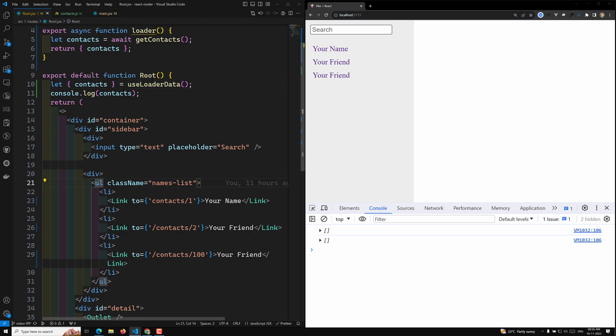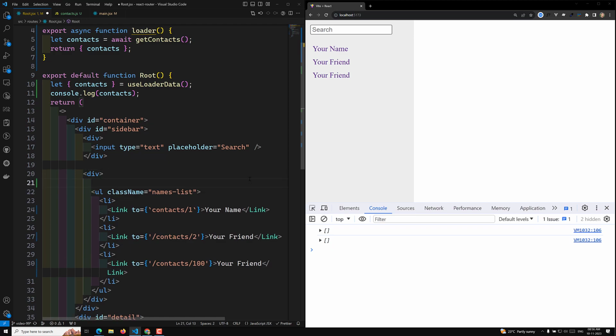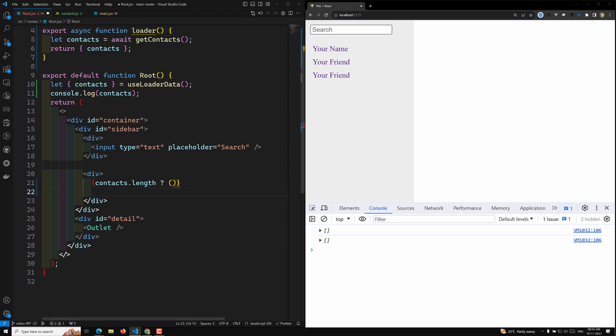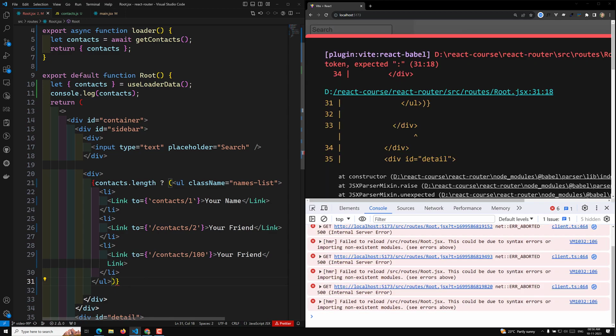So whatever contacts we are getting from here, I need to loop over them one by one. So here I can add something like if contacts.length. If it is there, then I need to show this UL. So we will loop over this one also. If contacts.length is there, we need to loop over them one by one. Okay, so here I can have it like this, and if it is not there, then I can write